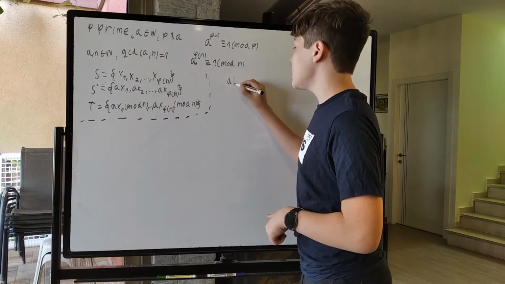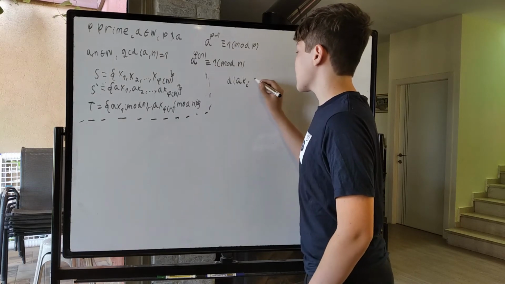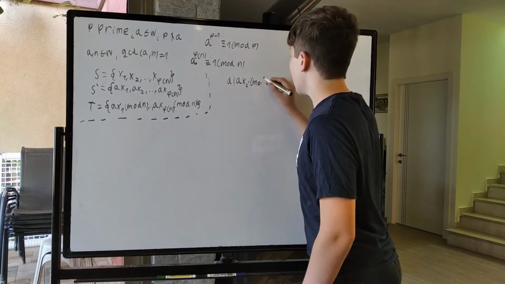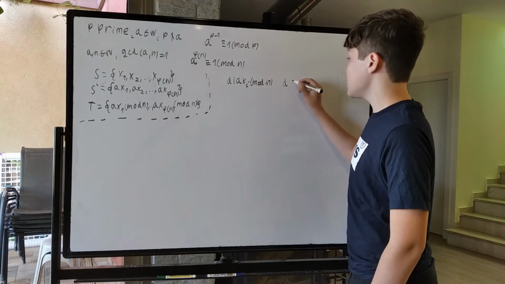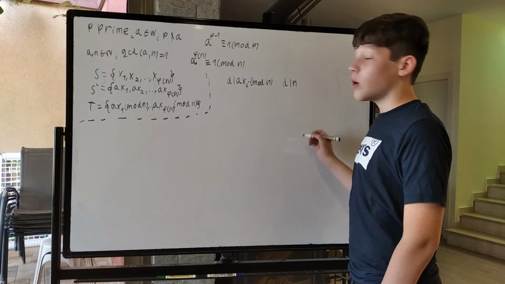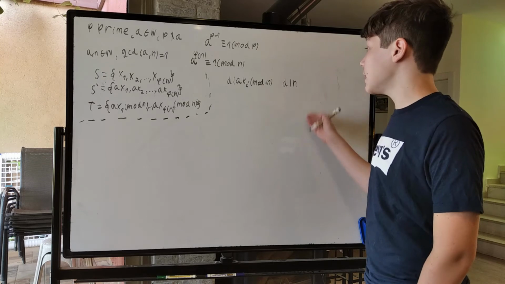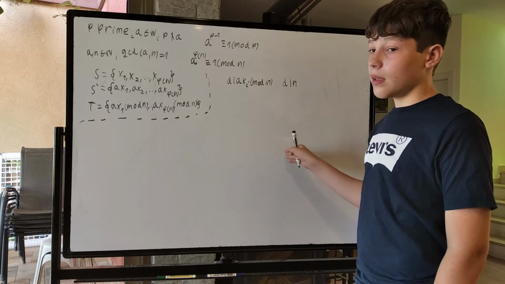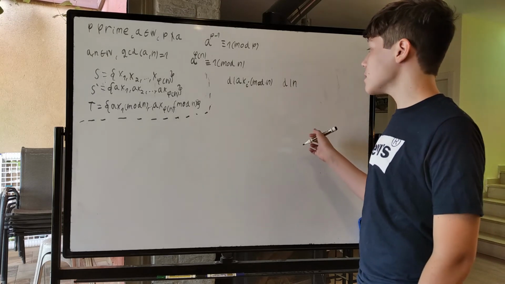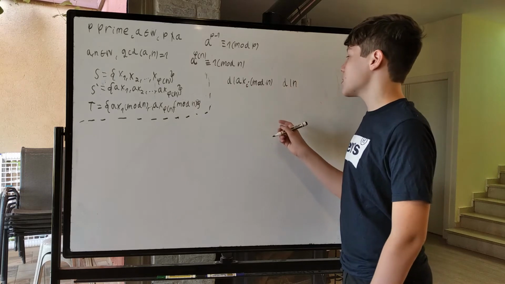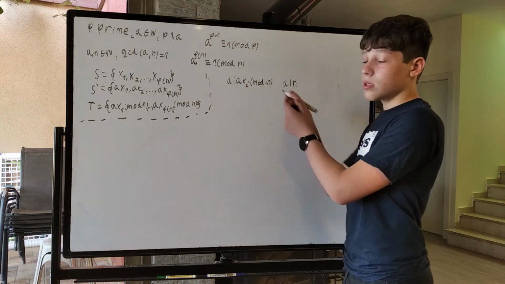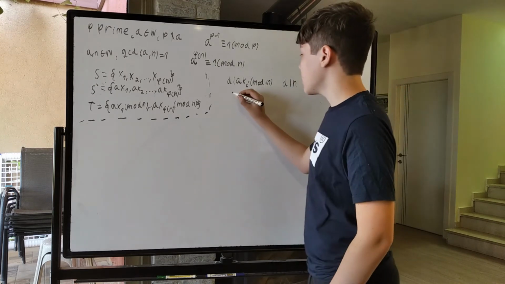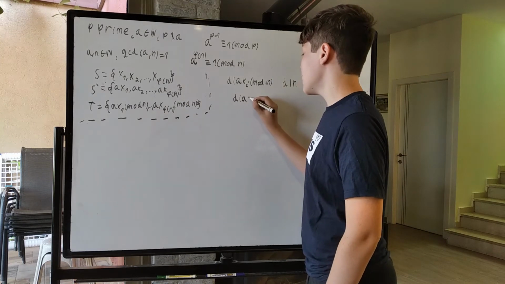So if d divides a x_i mod n, and at the same time d divides n, well, that means that we can basically add on multiples of d until we reach a x_i. That's pretty much the thought behind this. So d divides a x_i mod n and d divides n. So we can basically add multiples of d onto a x_i mod n until we get a x_i. And so we can say d divides a x_i